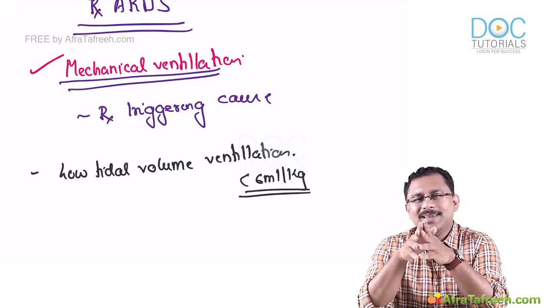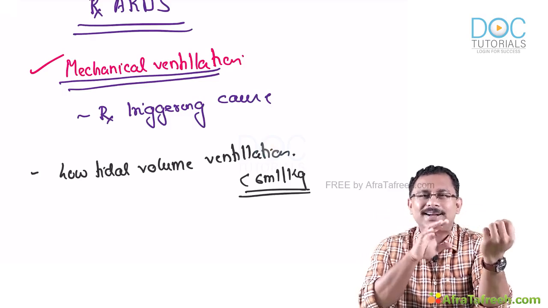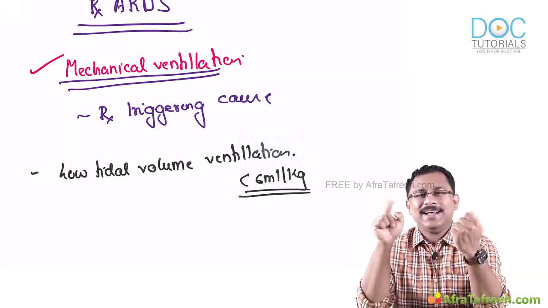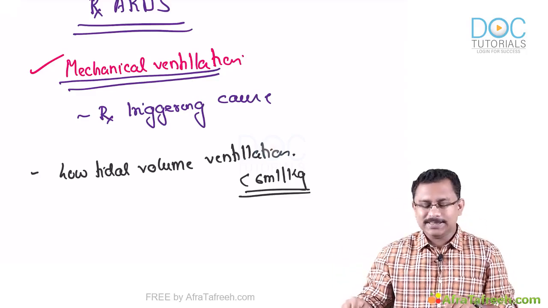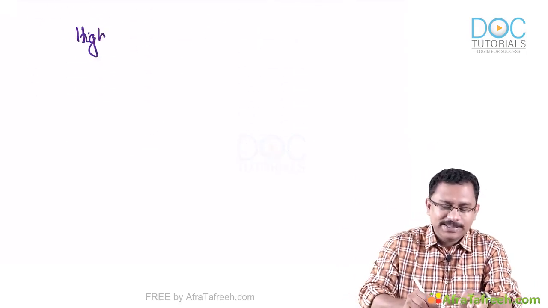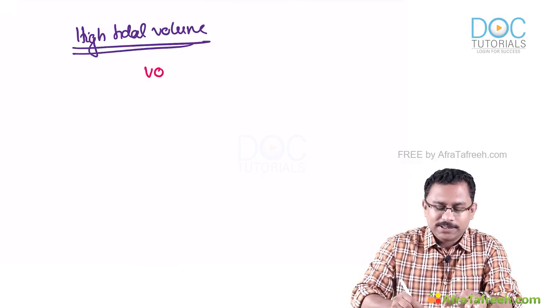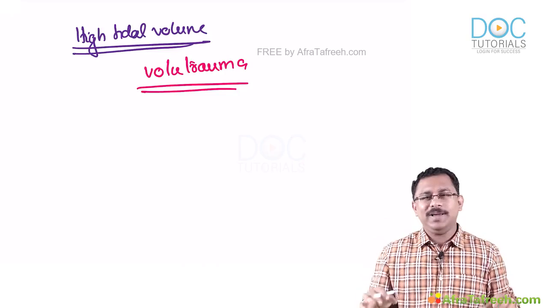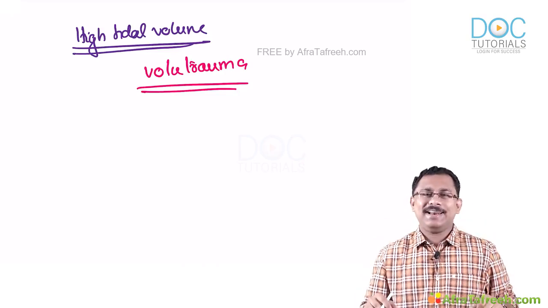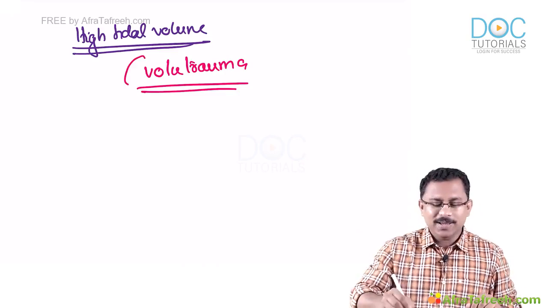But what about the airways which are normal? The same air that you are giving to the diseased lung, you are giving to the collapsed lung as well as the lung which has fluid. So there is a good chance that if you give a high tidal volume, you may get something that is known as volutrauma. That is the trauma induced by the tidal volume, especially to the normal alveoli. That is very, very important.